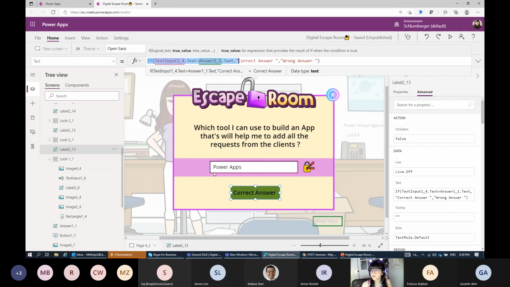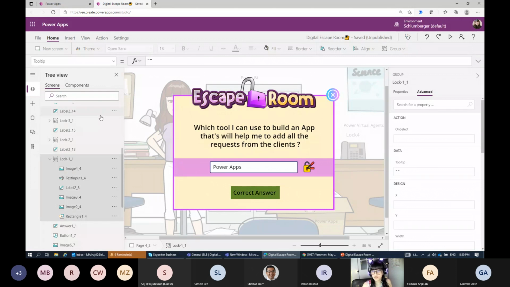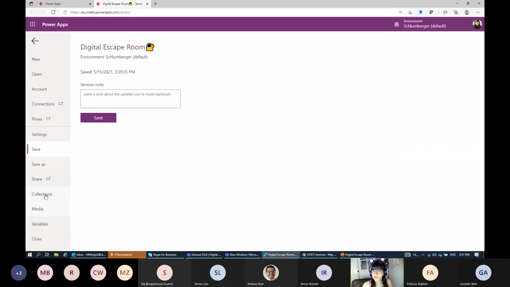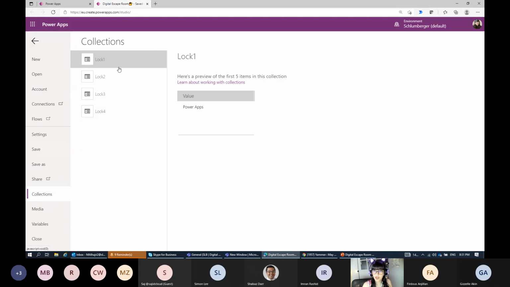Similar concept. Okay, so let us now check the collection. Is it right that I mentioned that whenever they are entering the correct answer, we are saving only the correct answer? And why I'm doing this, I will show it to you. But let me first show you the collection. Here, I have 4 collections. The first one is already done because it's already a correct answer.